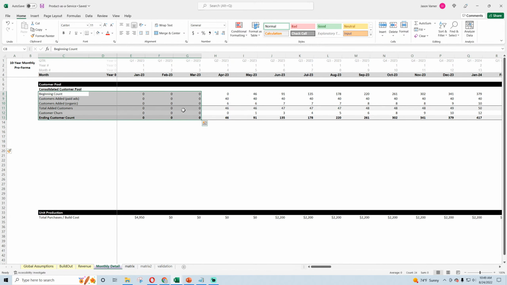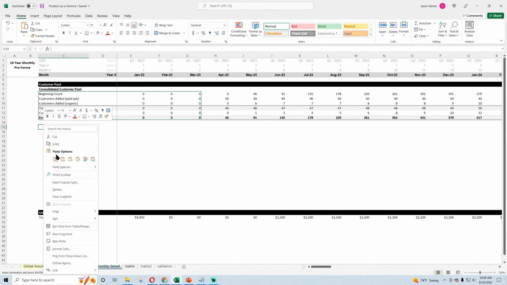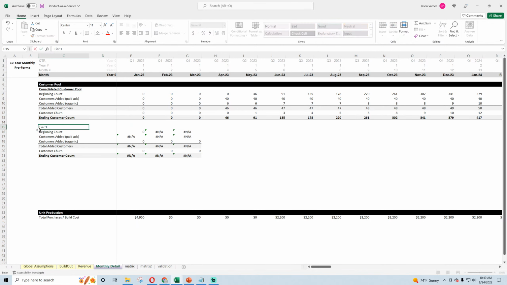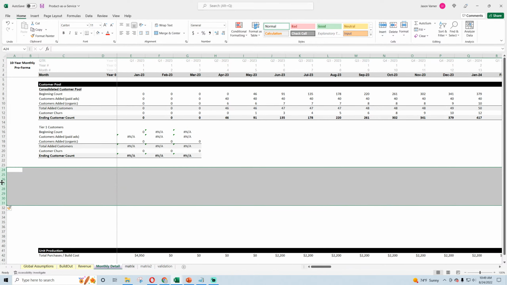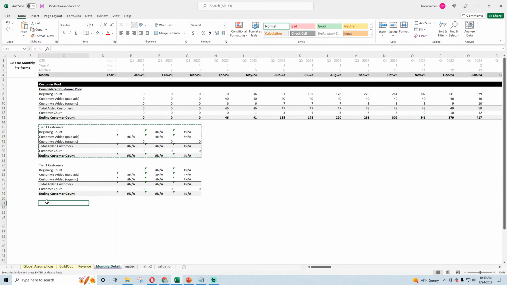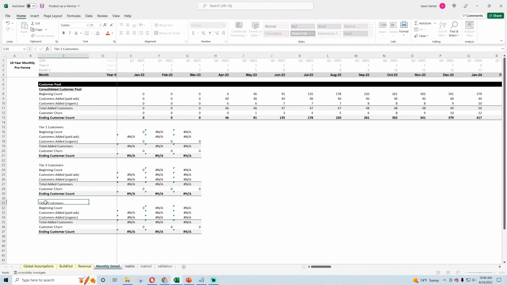We need this same logic, except for now this will be tier 1. Let's see, tier 1, 2, and 3 is what we need. And I can simply take the amount we're assuming customers added through paid ads.